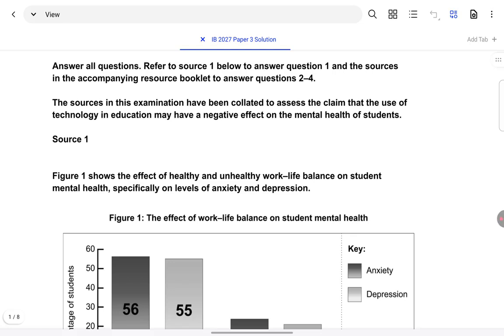In today's class, we are looking at paper 3 solution for the latest IB Psychology curriculum 2025 onwards, which will be first assessed in 2027. Today's class is for HL students only because this is for paper 3. If you're an SL student or if you're interested in solutions to papers 1 and 2, I've already uploaded those videos on my channel, so you can check out the IB Psychology playlist on my channel.